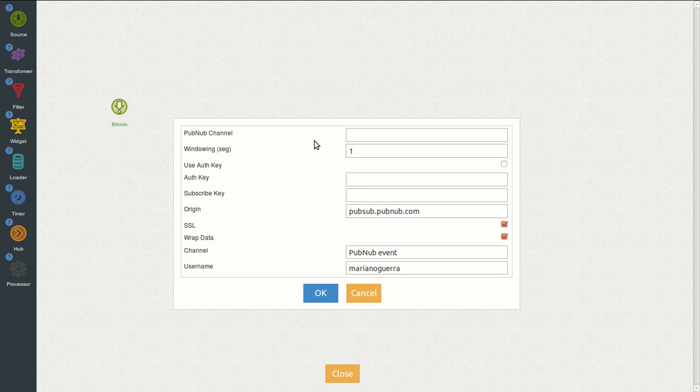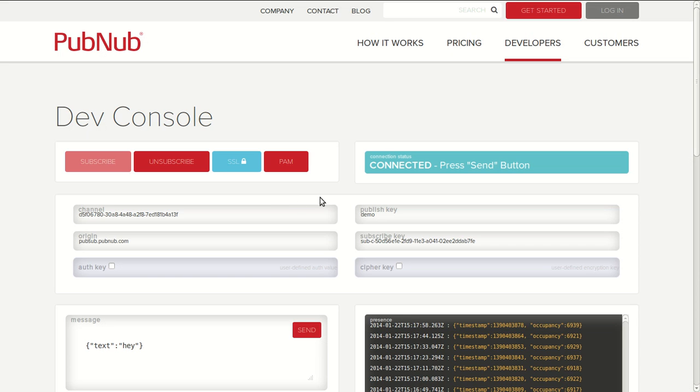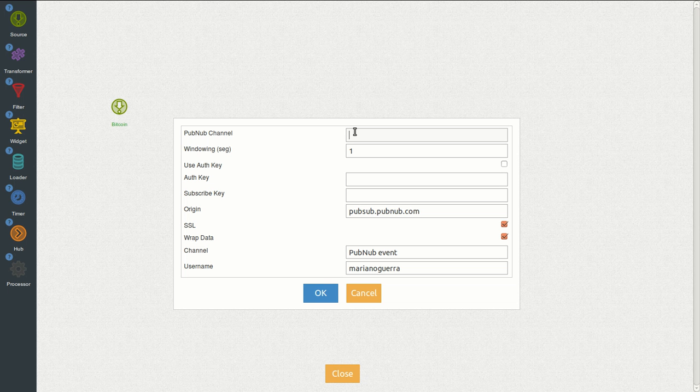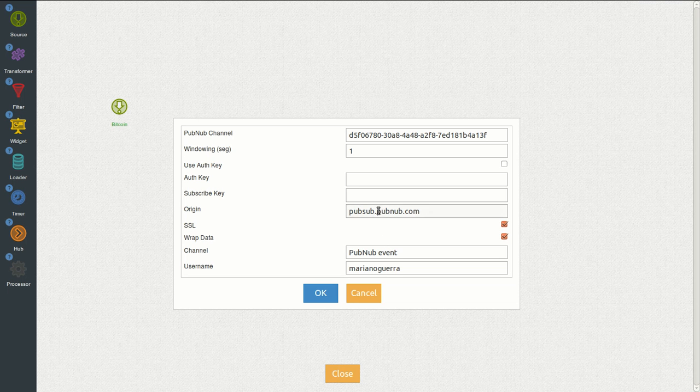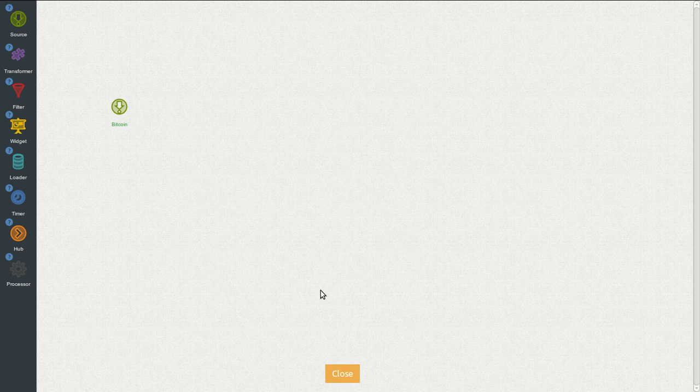We can leave almost all of them by default, but we need the PubNub channel and the subscribe key. So we will take them. They are available on the MtGox API wiki. We take the channel, put it here, take the subscribe key, put it here. Let's call it Bitcoin and click OK. I think everything is alright,